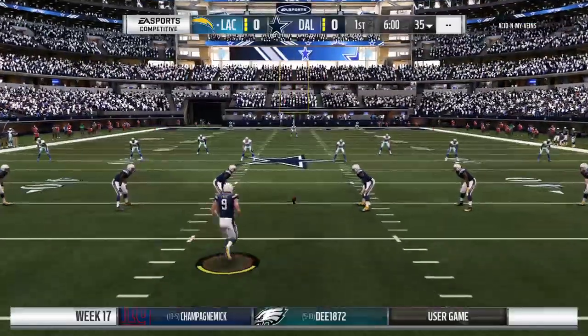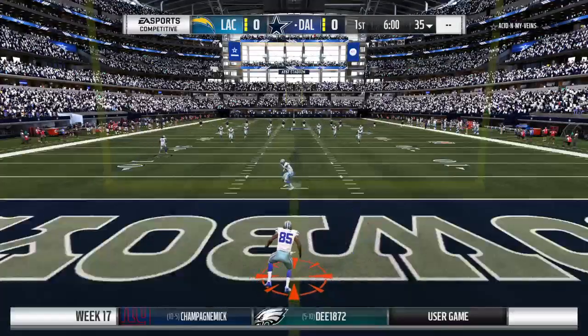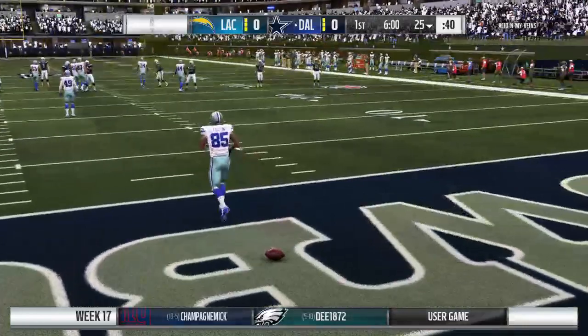Here we go. The final week of the NFL season. Week 17 is underway. That's fielded in the end zone, and no run back here. This will be...